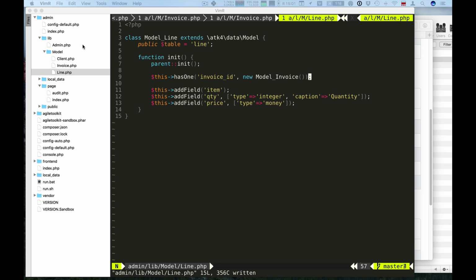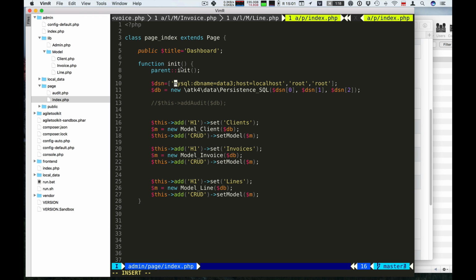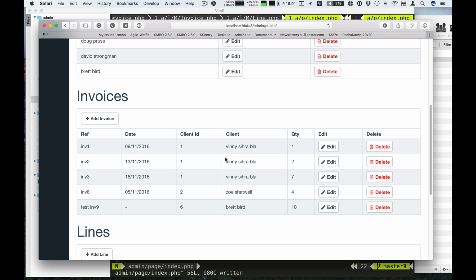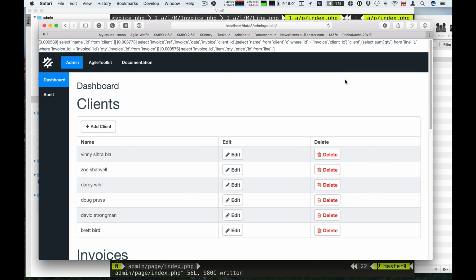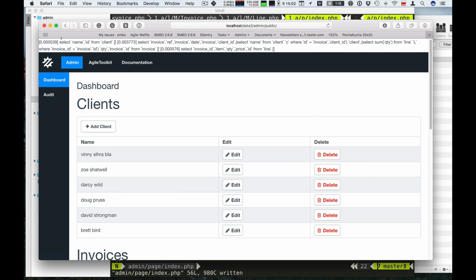Okay, I wanted to try one last thing. I'm not sure if it will work. So dumper will actually output all the queries before they are executed. So if I scroll up here, it shows me the 3 queries which were used to retrieve this data. So the first one is pretty simple, select name and ID from a client, but this one,